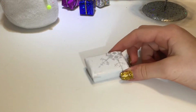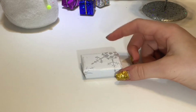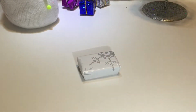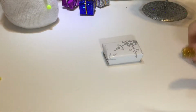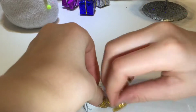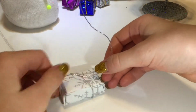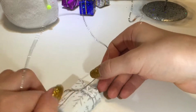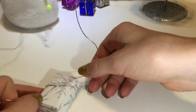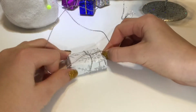It should look something like this. Again, my wrapping isn't amazing, but I still think it looks very good. And now to give your presents a little more color, I'm just using this string here, and you just want to start at the bottom, or like the not so good side of the box, facing up, and you want to kind of, I don't really know how to explain this, but you wrap it around, then cross it over, kind of like I think you do this on normal presents too. So you can kind of see what I'm doing here. I'm not very good at explaining it, but